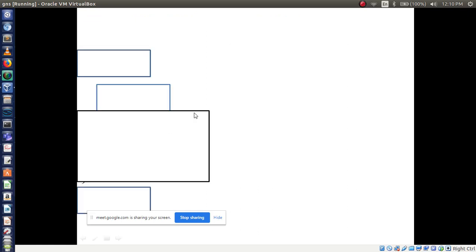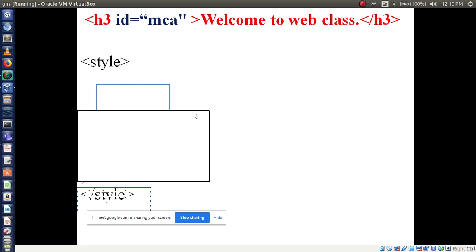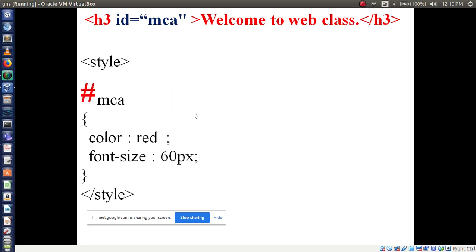Now tell me this one, which kind of selector is it? ID selector. Here we are using an ID, so to use an ID we compulsorily have to use the hash symbol followed by the ID name, and an ID is unique. It should not have the same name, like ID equals MC twice. Only one name we have to use.